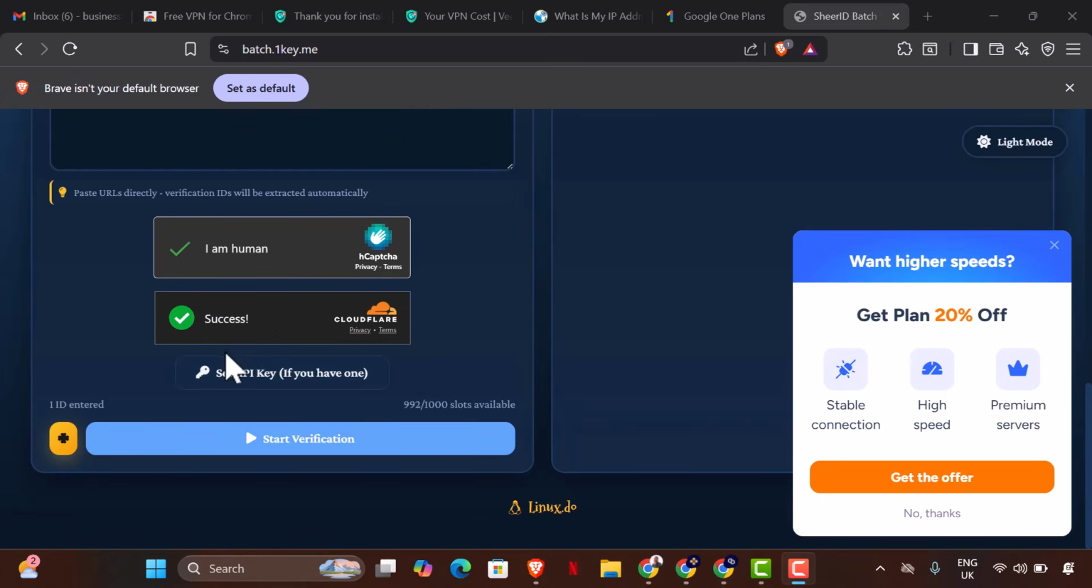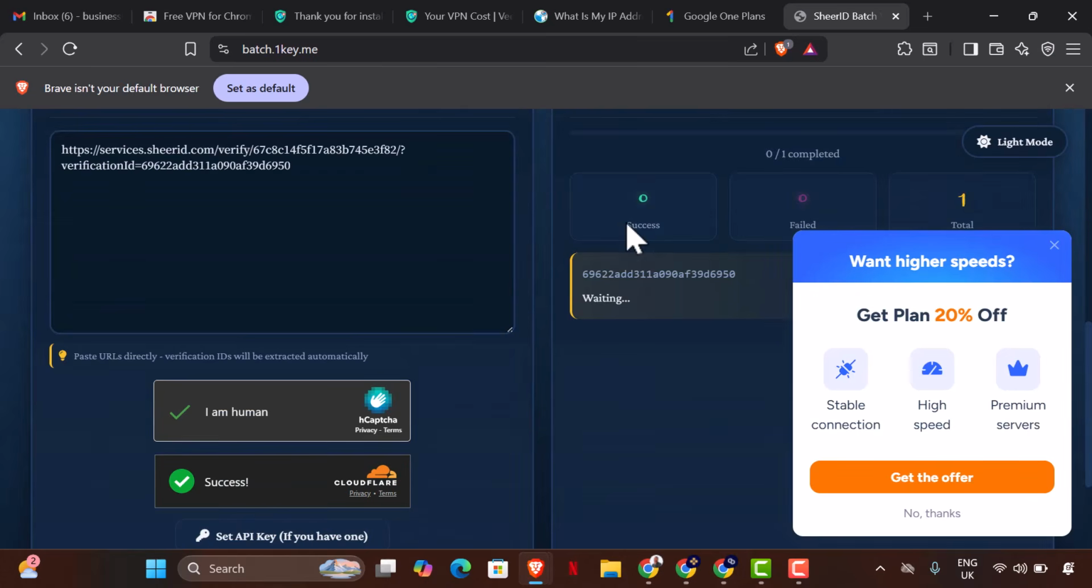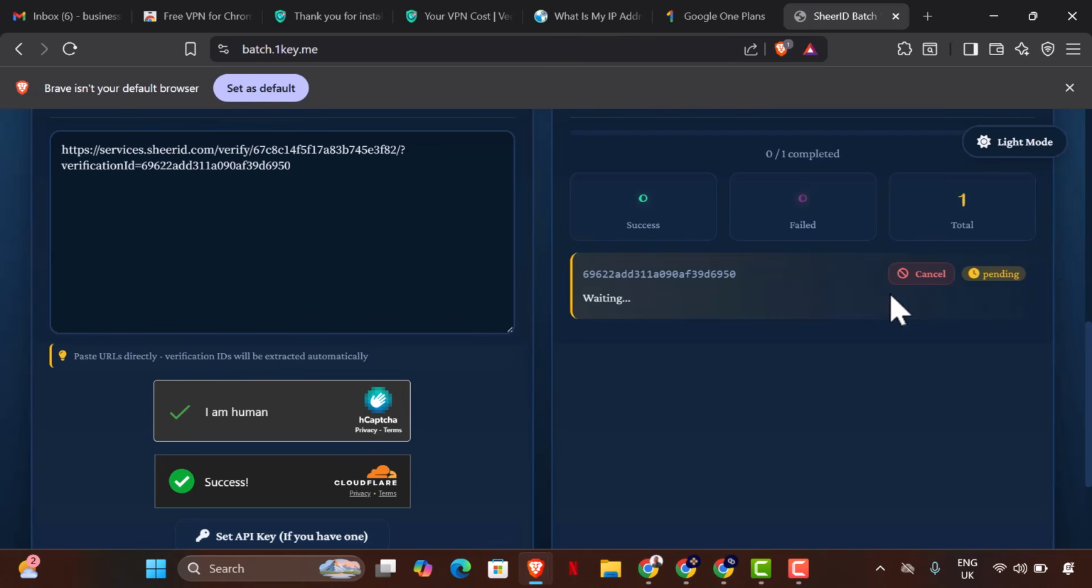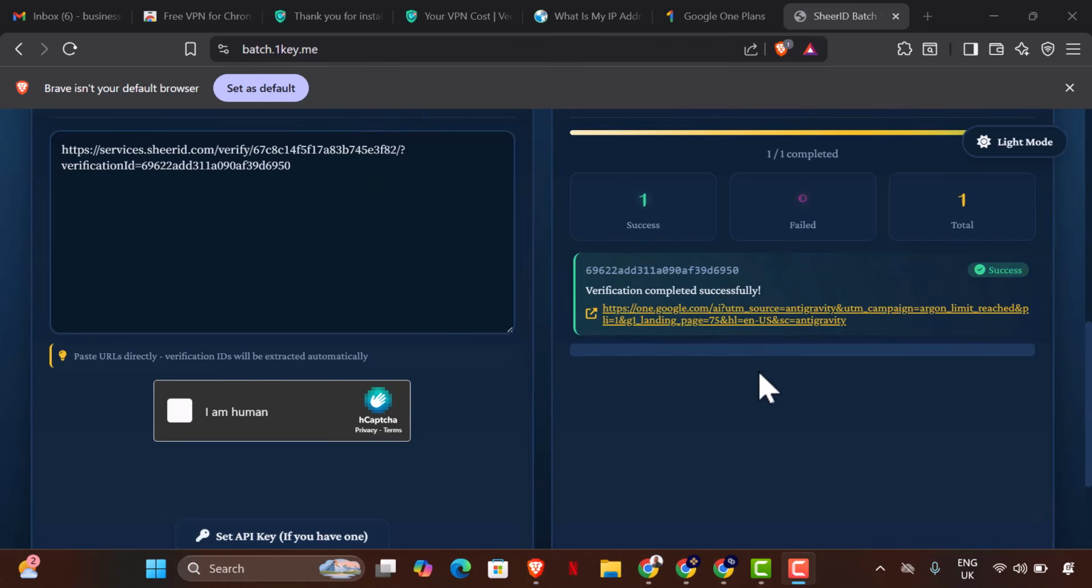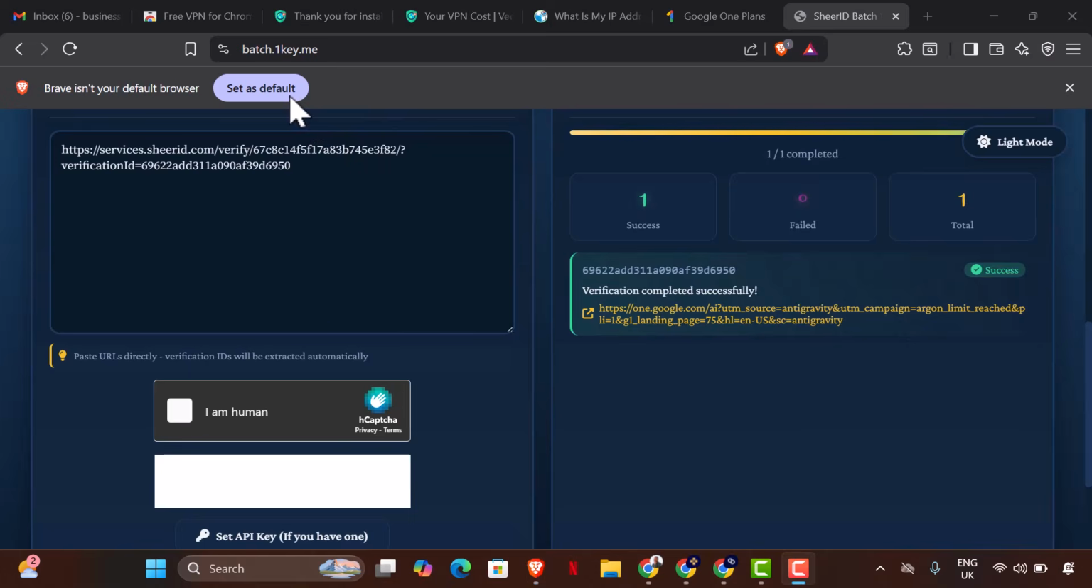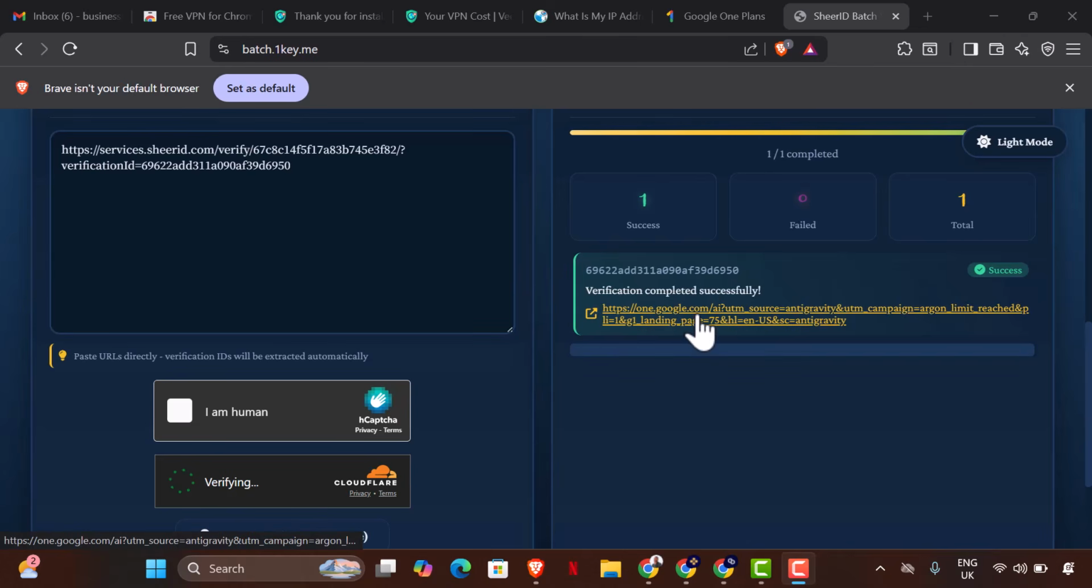So once you see this success, what you have to do now is to start verification. So I'm going to start verification right now. And this start verification right here. So I'm going to wait for that to be successful as well. As you can see, it's pending. So while we wait for this, as you can see, this is successful. So what do? I'm going to click on this, so it takes me to